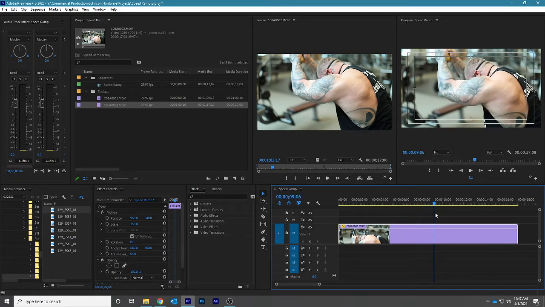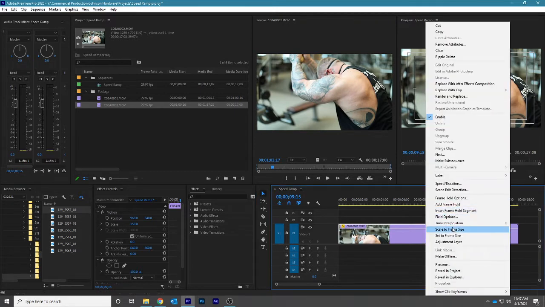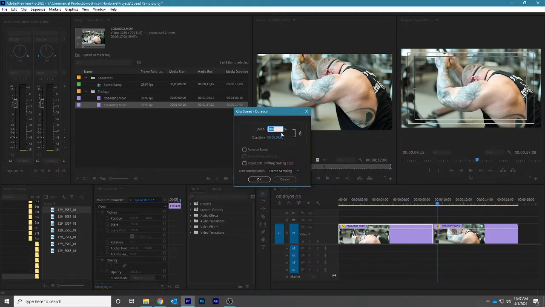So what we do, we're just going to find the spot where it looks cool, where we want to start the slow motion right here, just as he's pulling down on the ropes. I don't know what this apparatus is, so of course you take the razor tool, you just slice it. And then you grab your first clip,